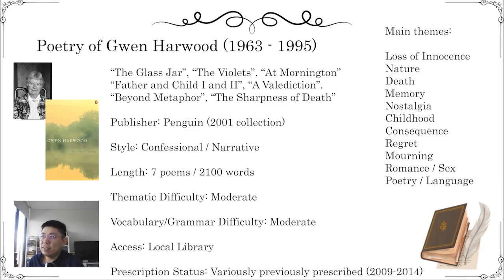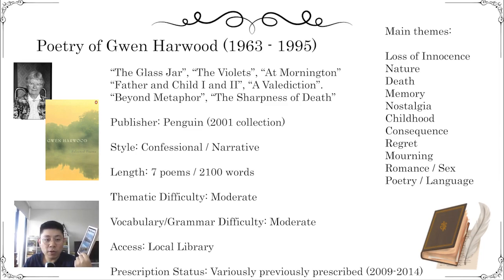Australian poets from the 60s and 70s and 80s who were quite transgressive, and I didn't know they even existed until having a conversation with Australian poets as part of my writing practice. A lot of these poets in the 60s were writing about very transgressive political things, and Gwen Harwood, writing in the same period, is a bit more personal and a bit more safe. And so it makes more sense why she's been prescribed.